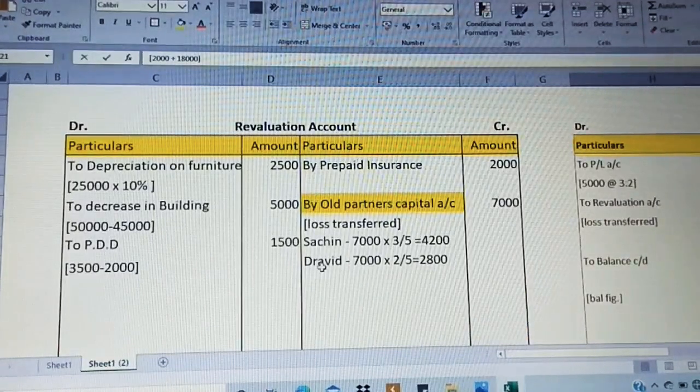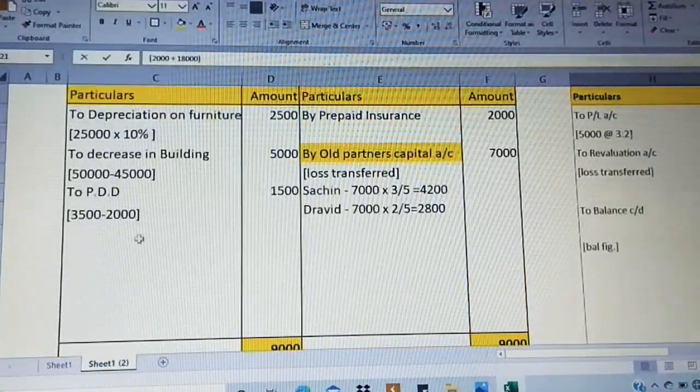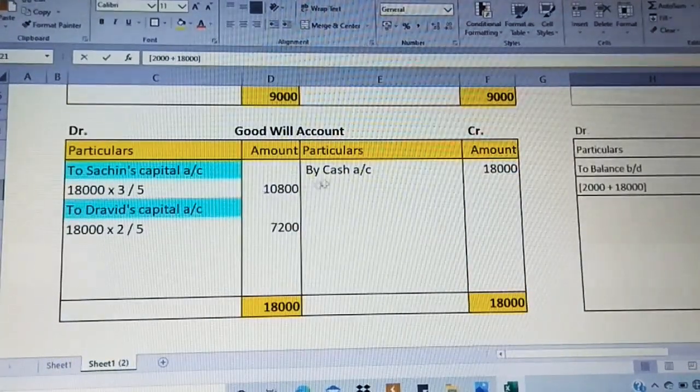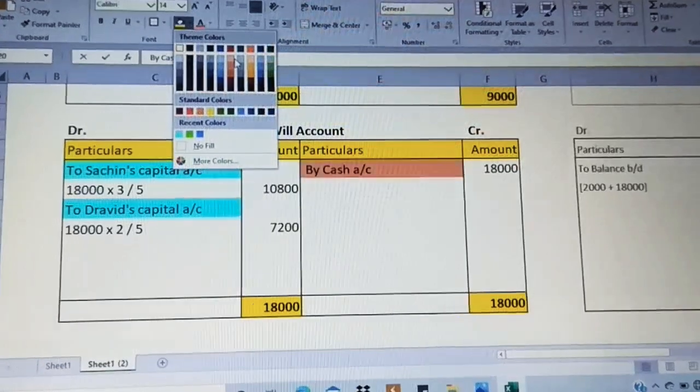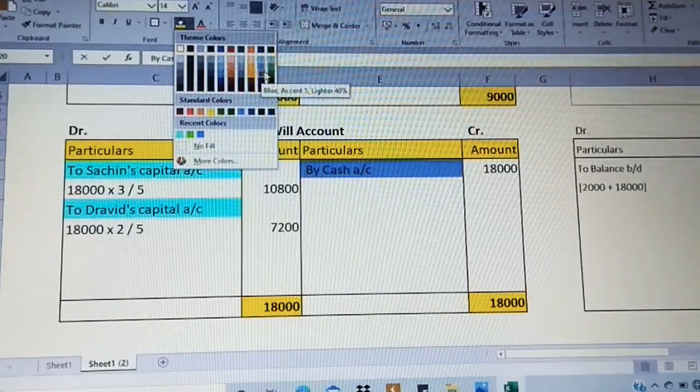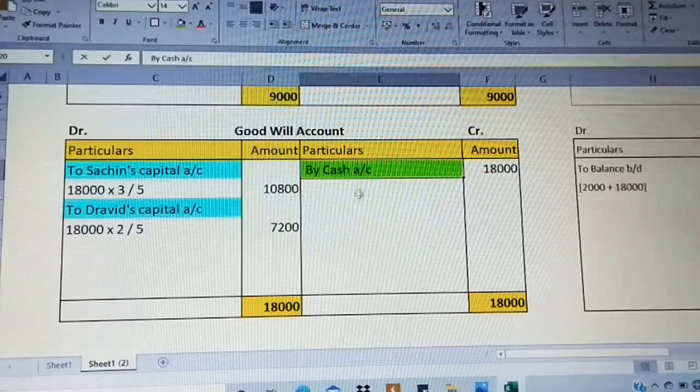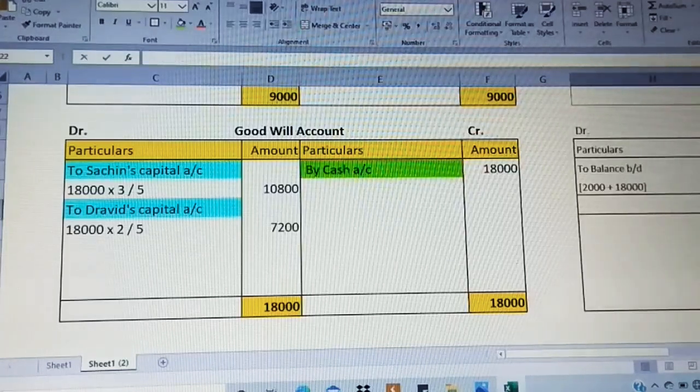Just observe and check whether you have any cash account affecting. No. Could you all just find out anywhere any cash word is affecting? No, it's not getting affected. Then in the goodwill, there is something which is getting affected as by cash account. So let me highlight it. By cash account, it is on the credit side. So this is to be taken up again, that is posted on the debit side. So heading of that is goodwill. So I'm going to write to goodwill account.